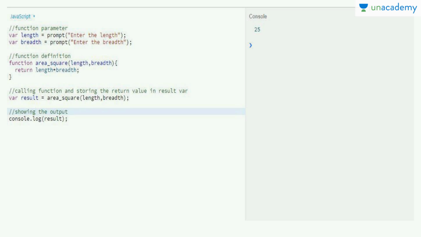So we call the function with length and breadth. Now the user enters 5 and 5 with the help of the prompt, and then we call the function areaSquare with the help of the result variable, and the function returns the multiplication of these two values. After multiplying 5 and 5, we get 25. Now 25 is returned to the variable result, so the variable result contains 25. After that I have printed that value to the console. So I hope you got my point on how return works in this statement.